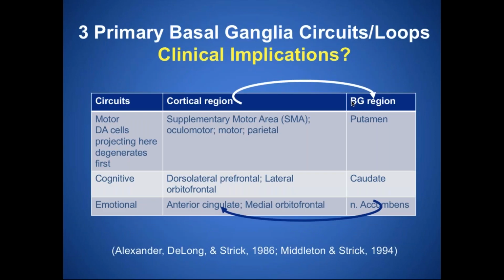You can also see that the basal ganglia have three primary circuits, and they have clinical implications. The overall organization of the basal ganglia is 3 separate recurrent loops that connect one part of the brain to another. The first part is the motor area. The second part deals with cognition, and the third with emotion. And all those 3 are extremely important in function. So according to this organization, the basal ganglia